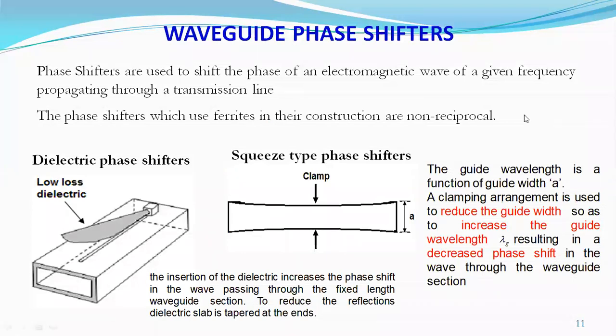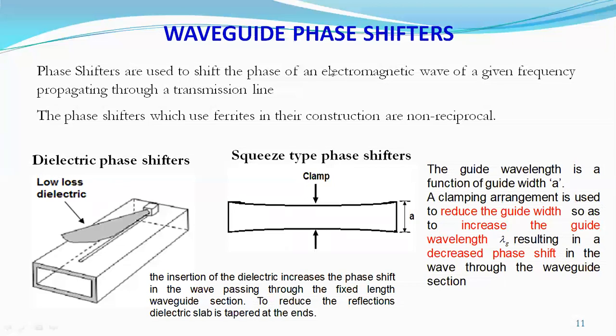Waveguide phase shifters are used to provide some phase shift to our microwave signal. Compared to our electronic components, there we have different things: attenuators are there, shifters are there. We can provide a 180-degree phase shift, 270, 360. But that won't work for the microwave signal frequency. That's why we have a special type of devices in the microwave frequency range to provide all these things. Okay, so here then phase shifters.